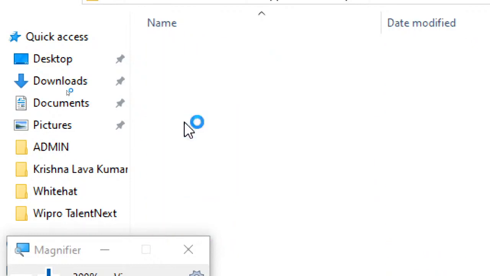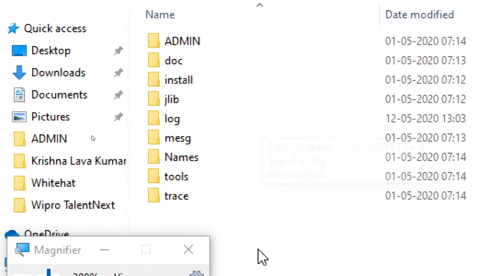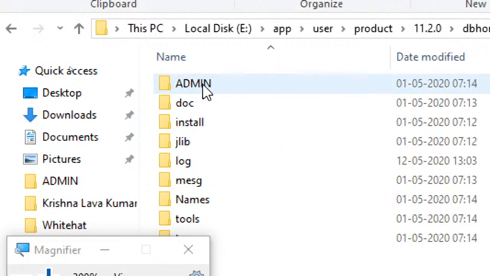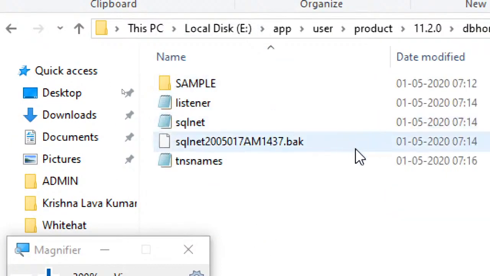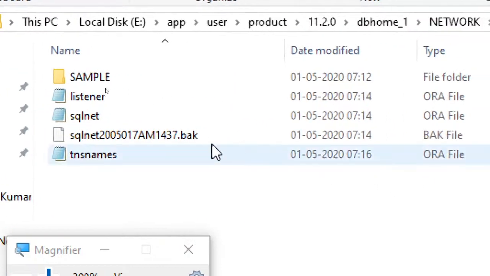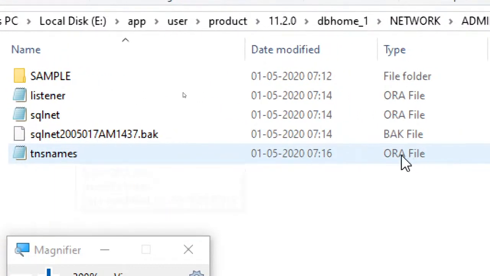Open this network folder, and in this network you can see a folder admin, and if you go to this admin, there you can see a file with the name tnsnames.ora.